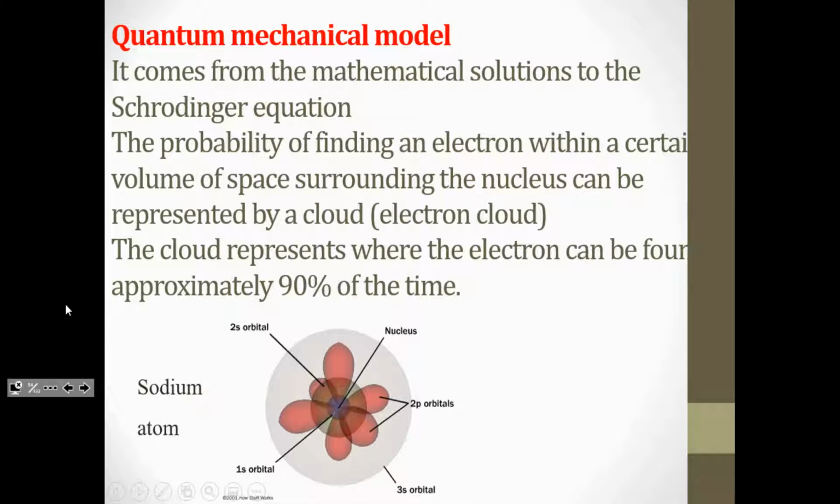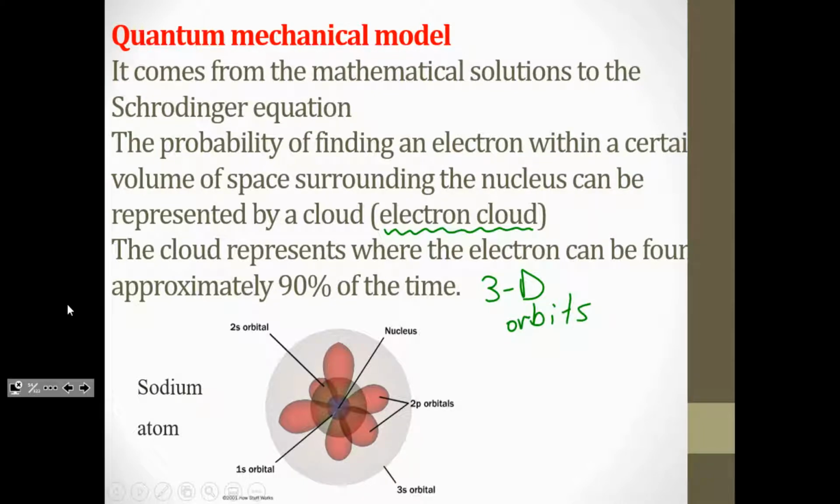So our newest and most up-to-date model is actually called the quantum mechanical model, and it comes from mathematical solutions to what we call the Schrödinger equation. And the probability of finding an electron within a certain volume of space surrounding the nucleus can be represented by clouds. So I think you guys have heard of electron clouds before, but that's what the quantum mechanical model represents with mathematics and with computer software. The cloud represents where the electrons can be found about 90% of the time. So instead of just having orbits and circles, you have these three-dimensional shapes, which we call orbitals,